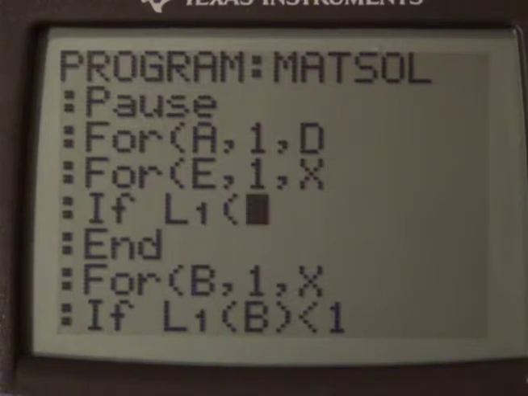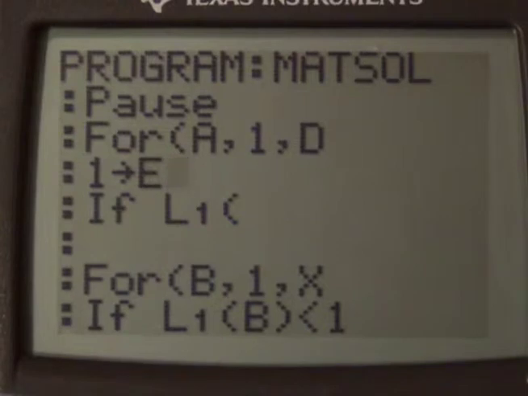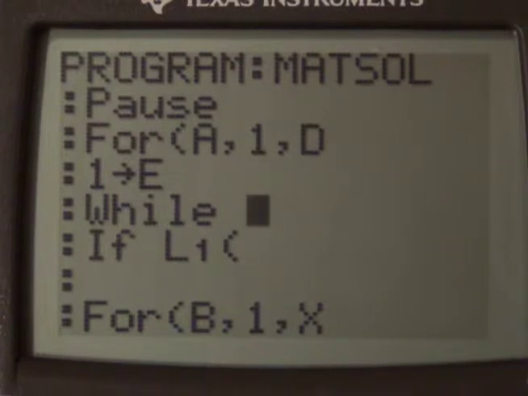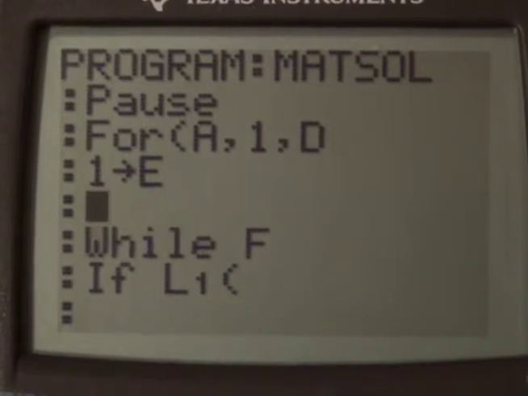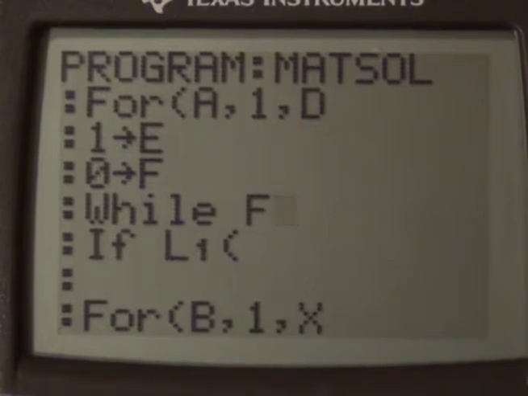So for E is 1 to x, or actually, let me do this. 1 stores E, while, and then we'll put 0 stores F. Okay, so while F is less than A, if list 1